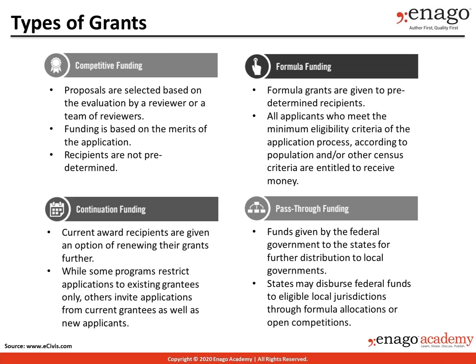Formula grants are given to predetermined recipients. As long as you meet the criteria according to whatever the process is, then you'll get the money. For example, you might be a member of a particular college, and there's a book-buying grant for junior researchers, and as long as there's money, you'll just get it, and you can spend it on travel or whatever. Continuation funding is for people or programs that are in existence, where there are new stages. Once you're in a program with a long-term set of objectives, so long as you keep supplying the reports and returns and working within that system,